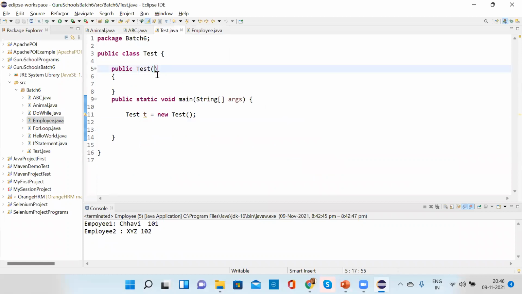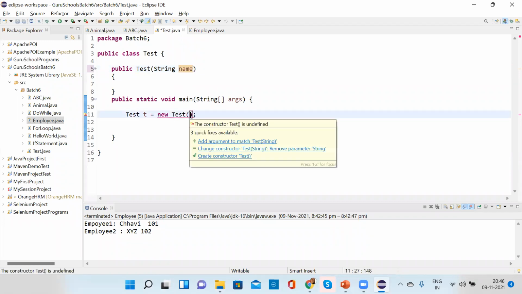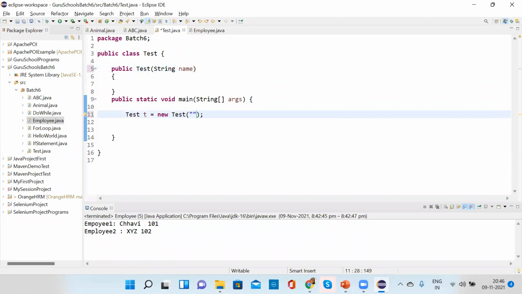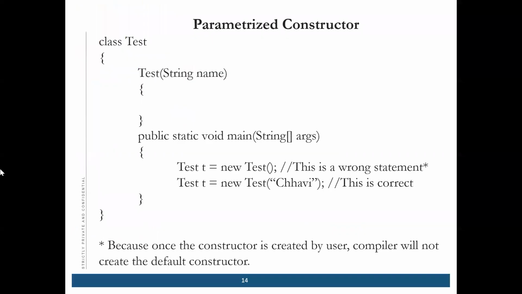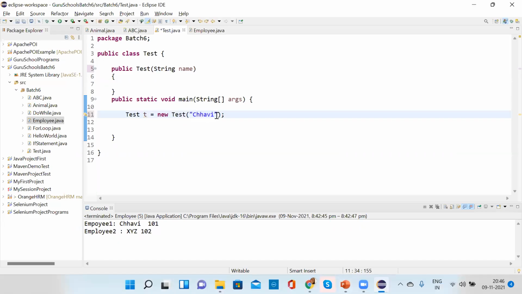Suppose I am creating a parameterized constructor and writing a string as name. And here suppose I am passing Chhavi. If I'm not passing anything here, then it will give you an error. Why?